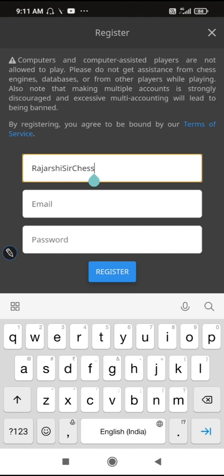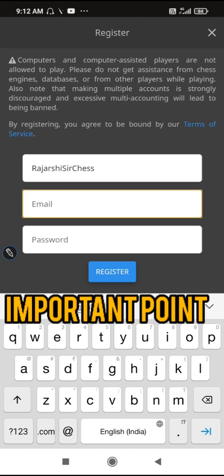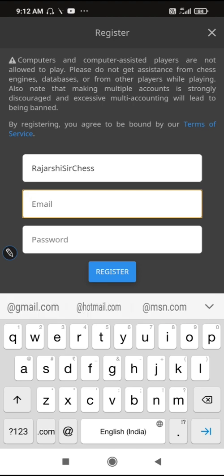This is because it may be that someone with the same name already exists. Now when I go for registration, I will be putting my email and my password. The password won't be of the email. The email has a password of its own. We will not use that password. We will make another different password. Remember, the password which is there in our Gmail, we should not put that password over here. We will make another password of your choice, totally your choice. Okay, now as I move on.